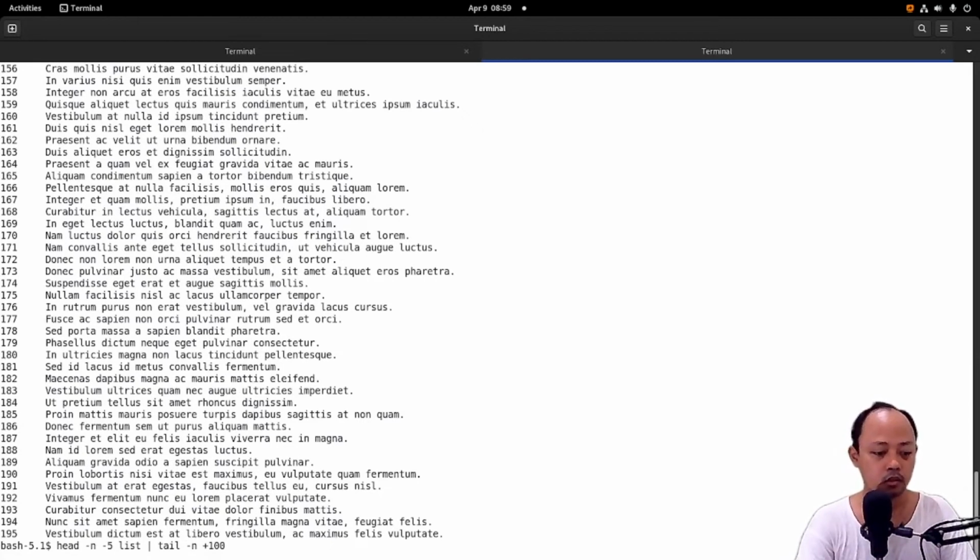I will try again the same command, but with a different input for the option. I will input 100. It means that the head command will not print the last 100 lines.